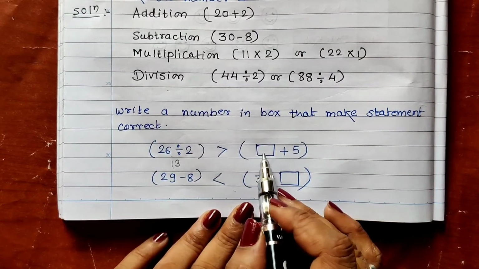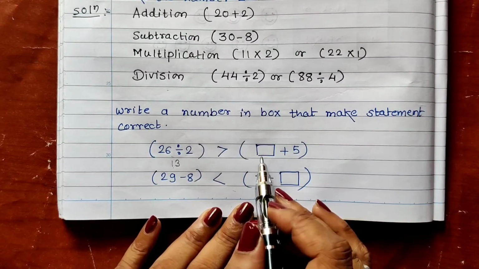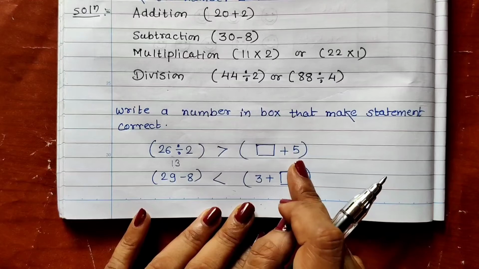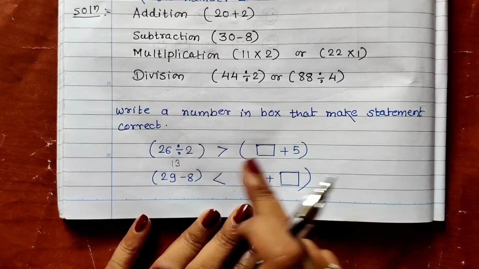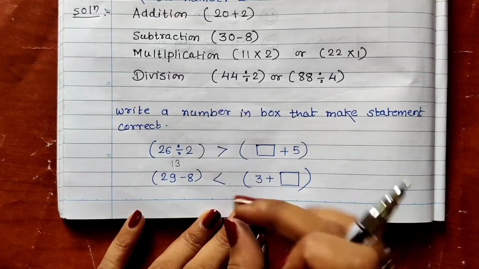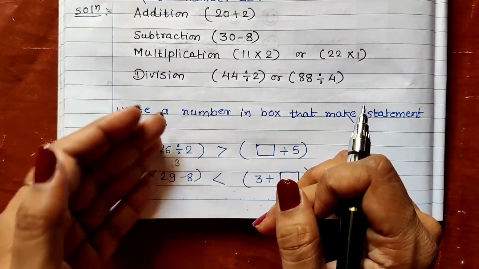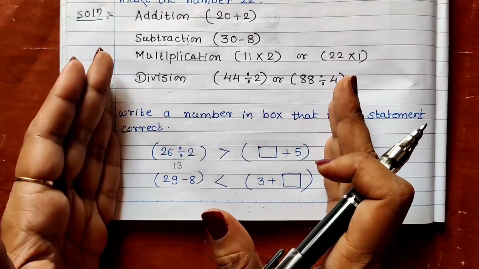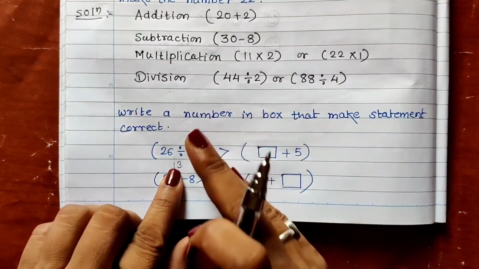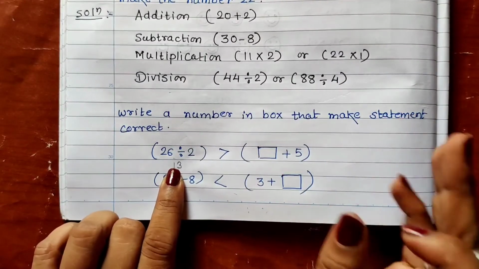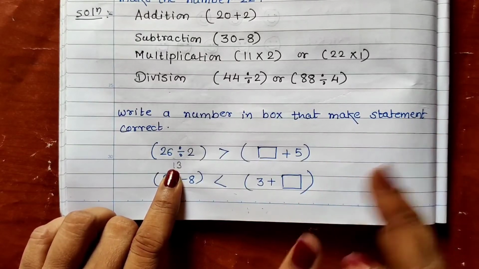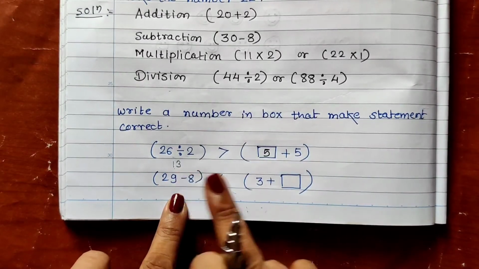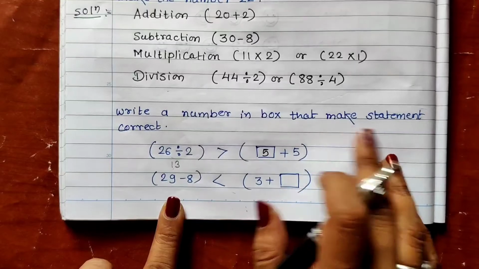Okay. So if you write 5 plus 7 is 12. If you write 5 plus 6 is 11, you can write any number which is smaller than 8. Because if you write 5 plus 8, it will be 13, and 13 is equal to 13. But the symbol is open on this side, that means 13 should be bigger. This side, left hand side, should be bigger than right hand side. So right hand side answer should be smaller than 13. It can be 12, 11, 10, 9, 8, anything. So I can write 5. 5 plus 5, 10. So 10 is smaller than 13, and that's why this can make our statement correct.